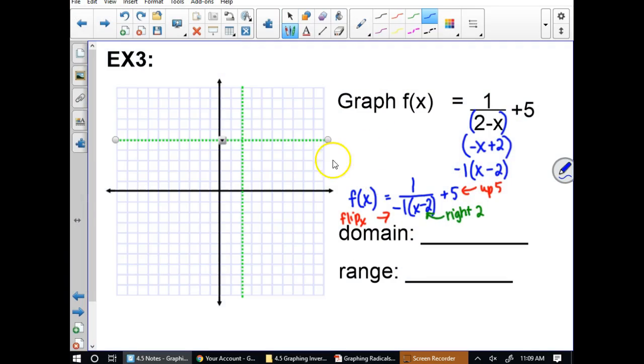So rather than having the points in what would be sort of like your first and third quadrant, it's going to be second and fourth. So it's going to be here and here. And you'll draw those in. And so our domain here is x cannot equal 2, and our range is y cannot equal